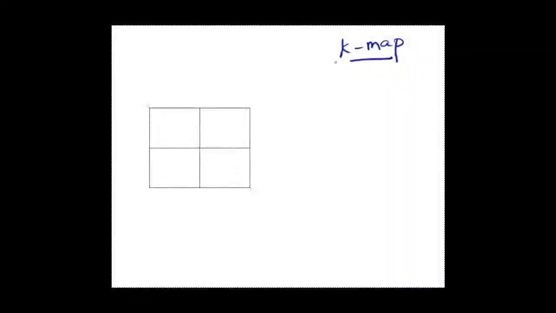Today we are going to study about K-map. K-map is a pictorial representation for solving Boolean expressions. Instead of using K-map, we can also use the Boolean laws. But using Boolean laws to solve the given expressions takes more time, and it is also a bit confusing because you need to remember many laws, so that's a little difficult. Whereas coming to K-map, it will be easy to solve and also time saving. So we go with K-map.